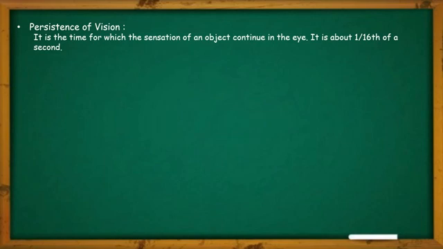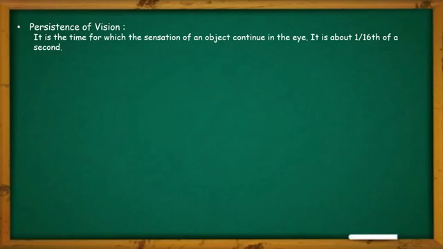This means what? Sometimes you have realized, you have done one activity in our lower classes, that suppose you are drawing the picture of a bird on one side of a cardboard, and on the other side you are drawing a cage, and whenever you are rotating that cardboard with greater speed, you will realize that two images are not distinctly visible. Rather, you see an image where the bird appears to be captured inside the cage, and this happens due to this persistence of vision.